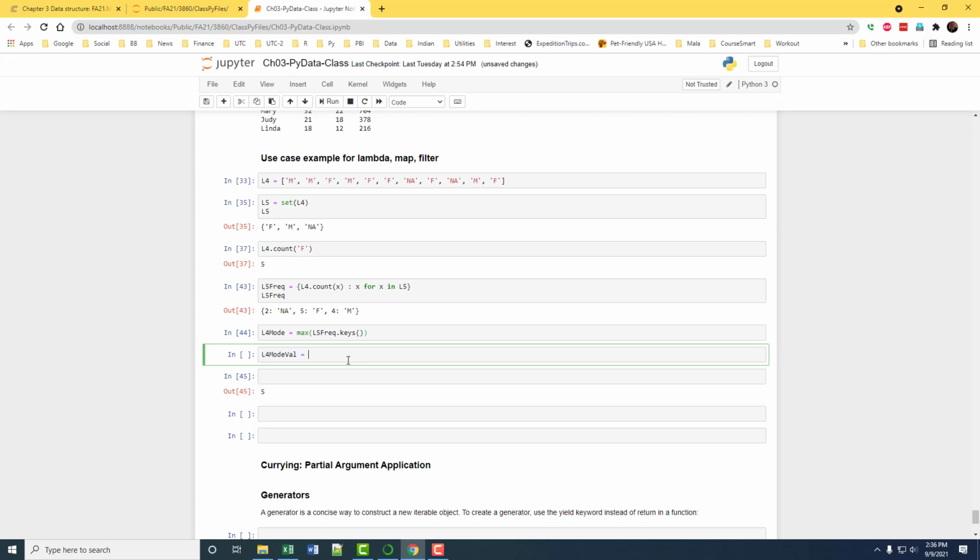So then the mode value will be, you can look at the frequency L5 frec, that's our dictionary, right? Now we have gotten the key corresponding with the maximum value, okay, so that's in the mode. So we use the L4 mode, and we will get the value corresponding with